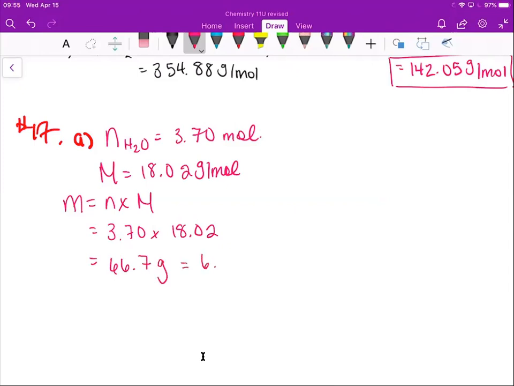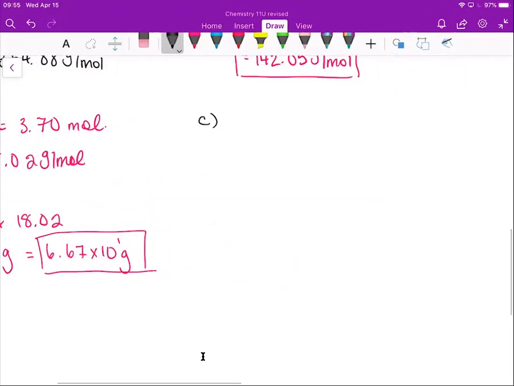Let's put it into scientific notation. It's pretty ugly that way, I know. So sometimes, if it's within the hundreds or the tens, we don't tend to always put it into scientific notation, but it's proper form. Okay, C is